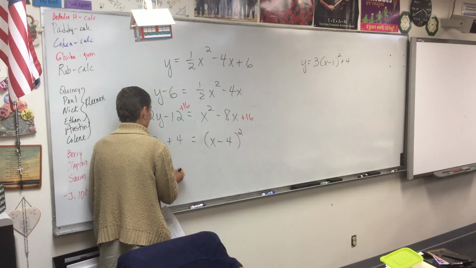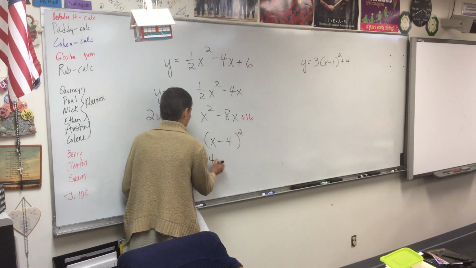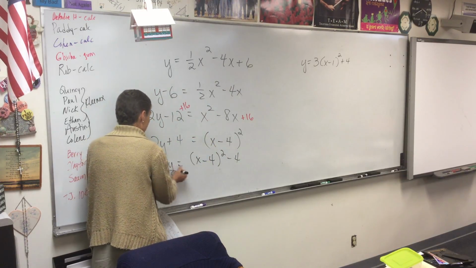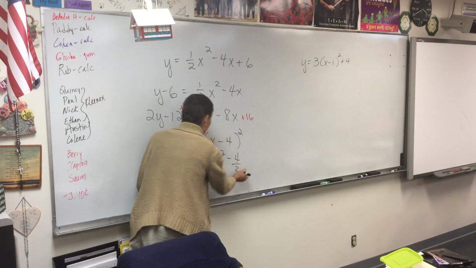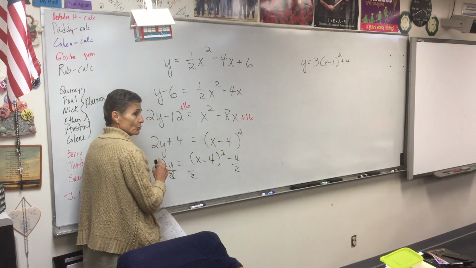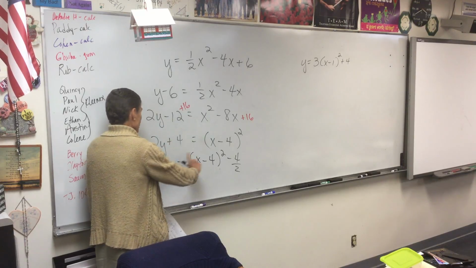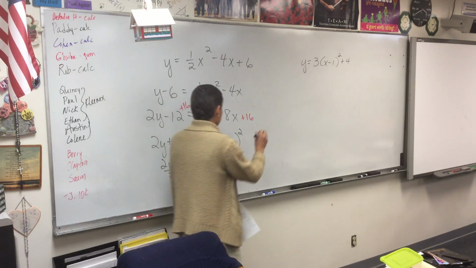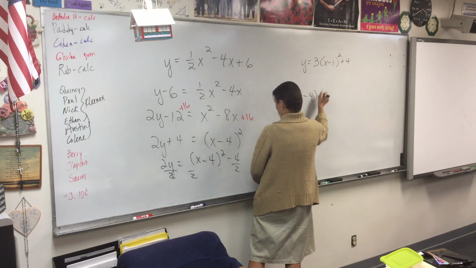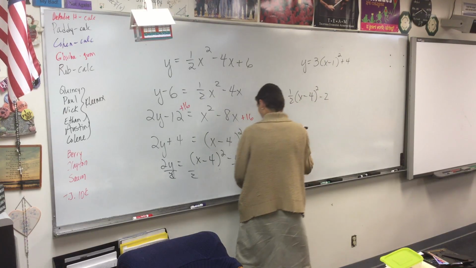So you'll move the 4 back over. And then you'll divide everything by 2. Now, when you divide by 2, you divide the parentheses by 2, but not what's in it. So don't touch what's in the parentheses. So we have y equals 1/2 (x minus 4) squared minus 2,